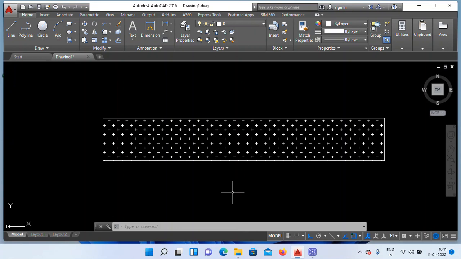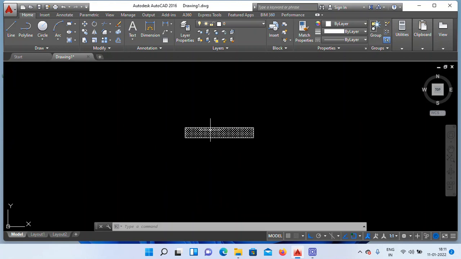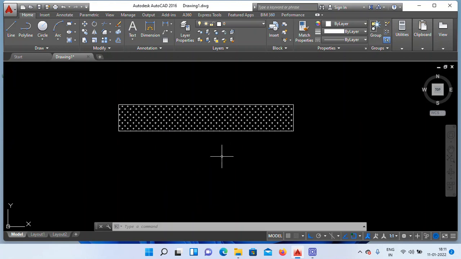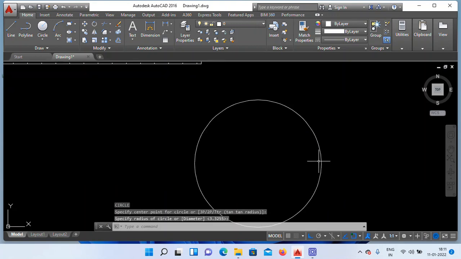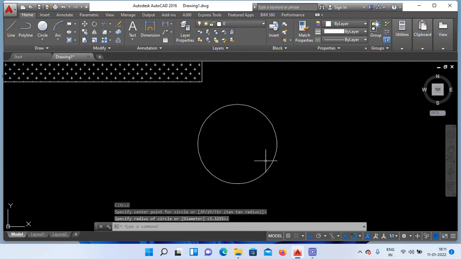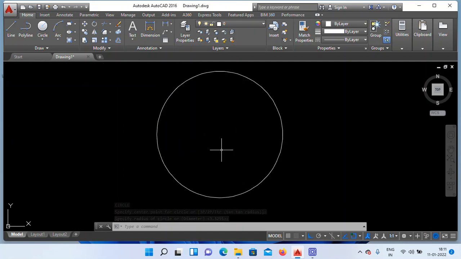Hatch. By using the hatch edit command, you may modify the design as well as change the complete design. Right. Here also another one. Circle. I'm doing a circle. I need to show a round glass.